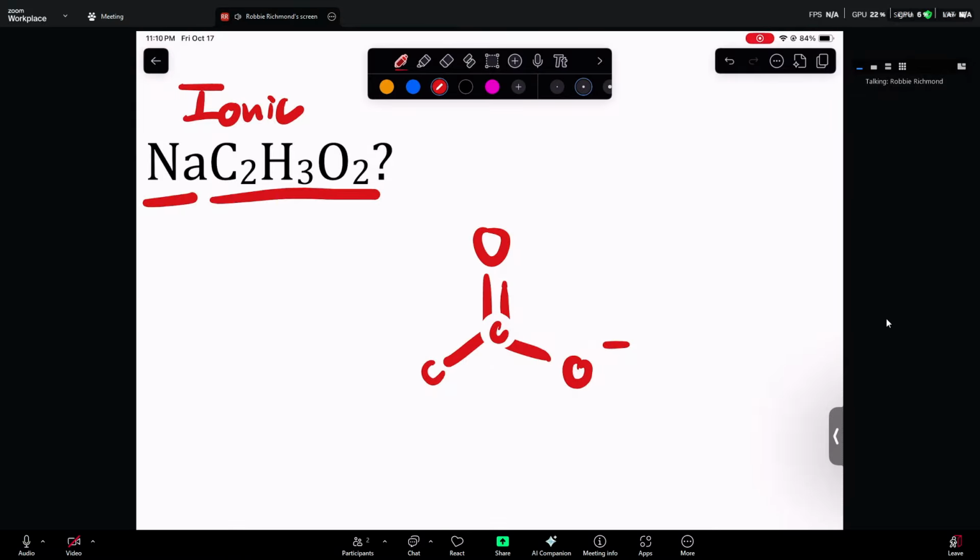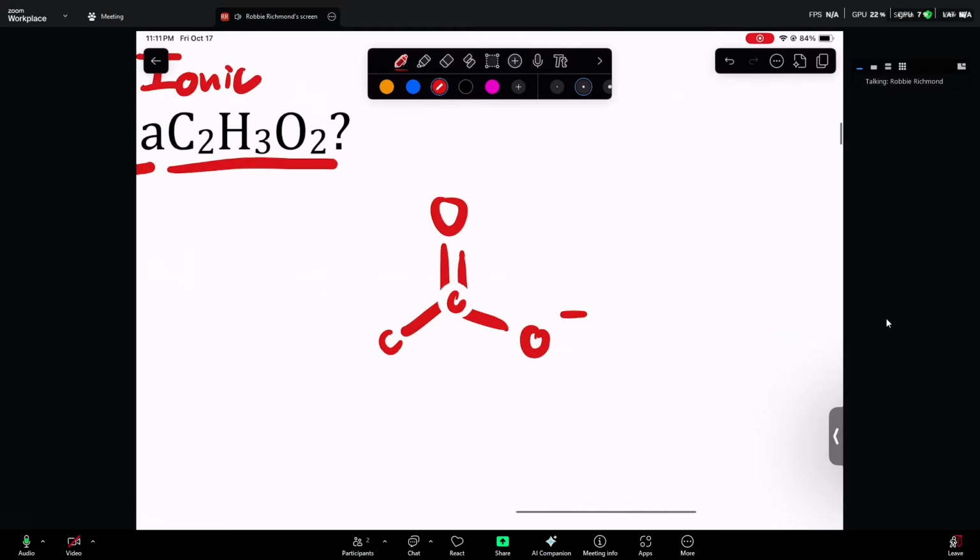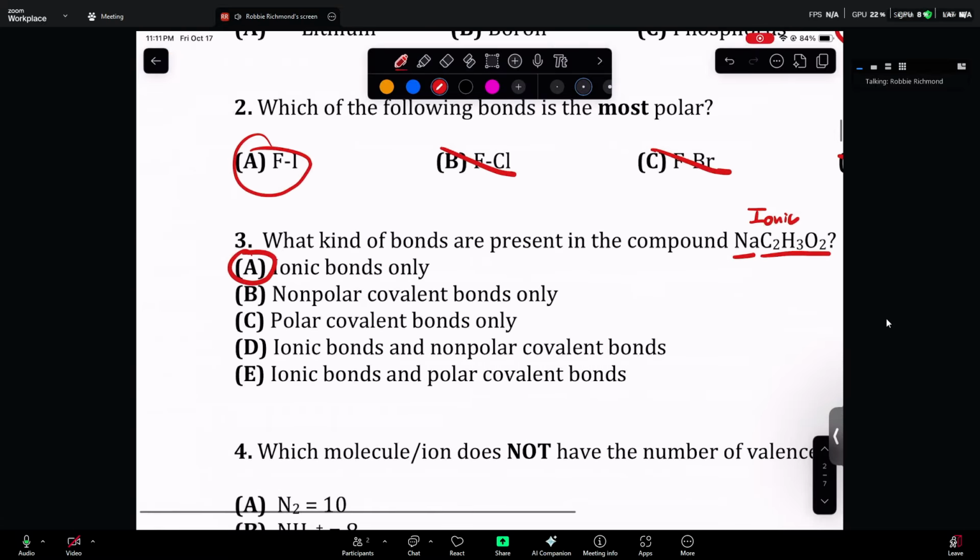So all to say is, although this may have an ionic bond, if we look at the polyatomic ion, that polyatomic ion is composed of polar covalent bonds. So the actual answer will be answer choice